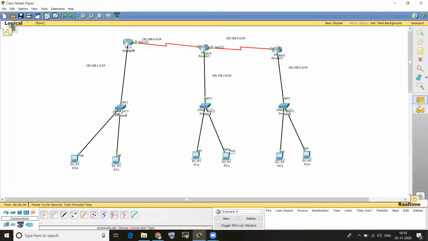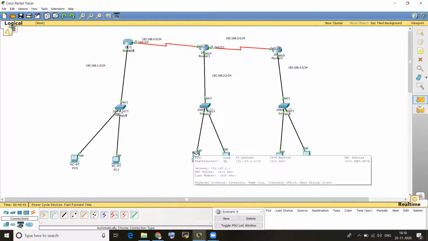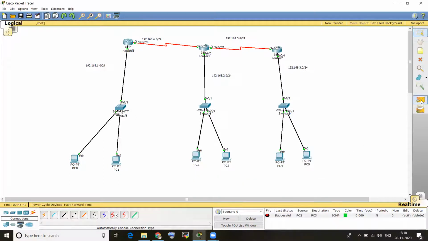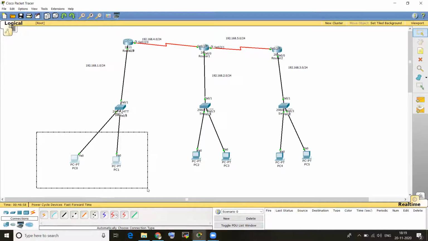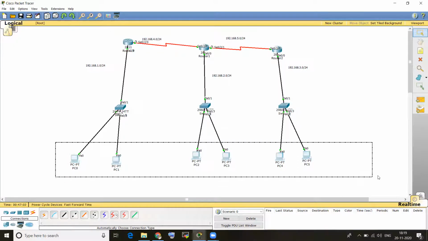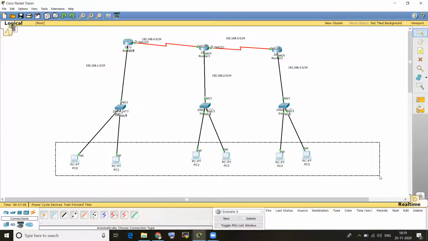Right now it will communicate within the network only. See, from first PC to second PC it is successful, but from first PC to third PC it failed. Similarly, second PC to third PC and fourth PC it will communicate, but for the remaining PCs it won't. Like this, you can check: only within the network it will communicate. These two PCs are communicating, but they are not communicating with those two PCs. If you want all PCs to communicate, you have to give protocols.